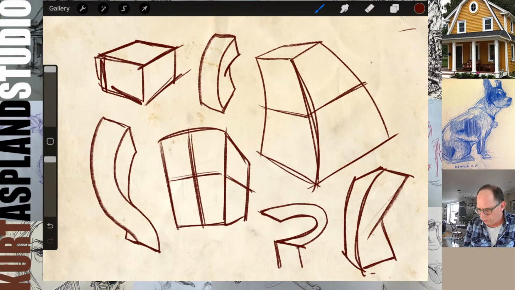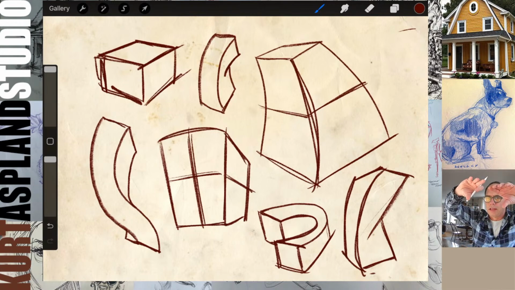And you could just use your imagination for this. We're not really following anything. I'm just taking these forms and I am just drawing them with nothing in front of me. I'm just trying to envision what would this look like? What would